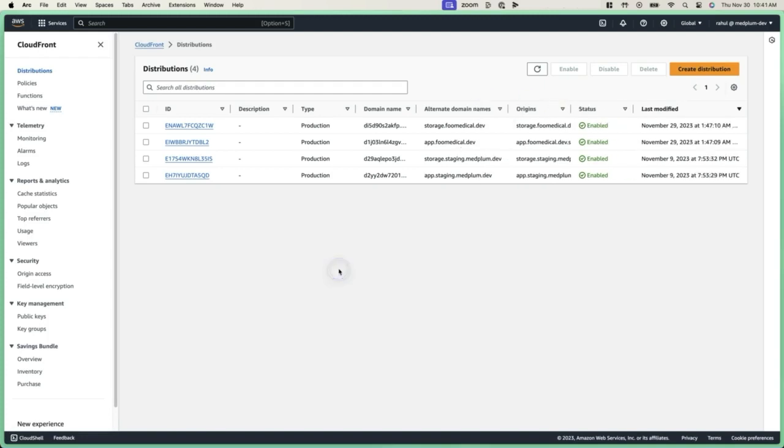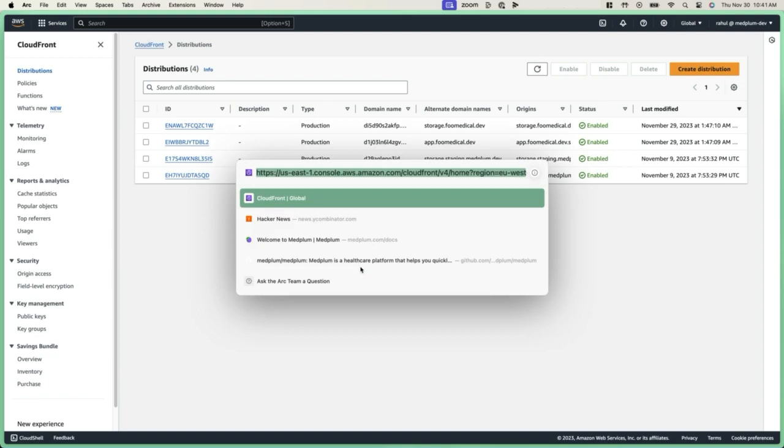app.foomedical.dev and storage.foomedical.dev. The other thing to note is that because CloudFront runs in the global region, the region selector at the top is switched to global. Lastly, we'll actually check that our API is up and running by going to